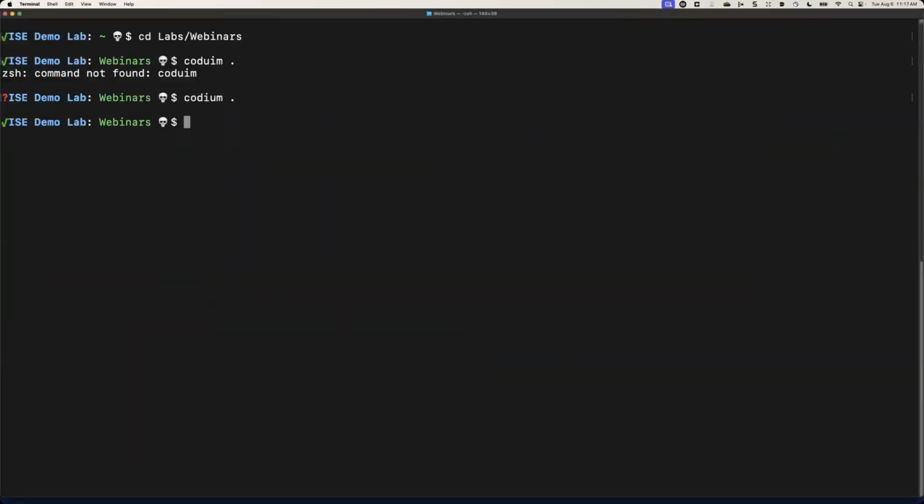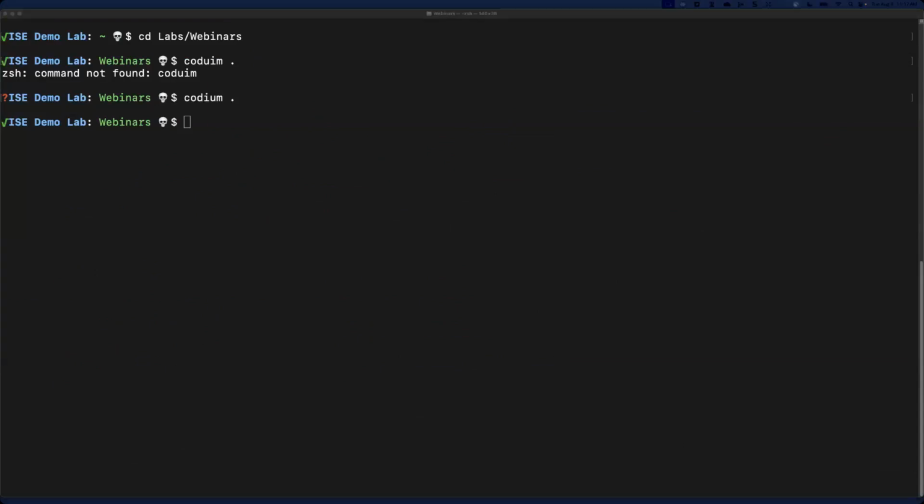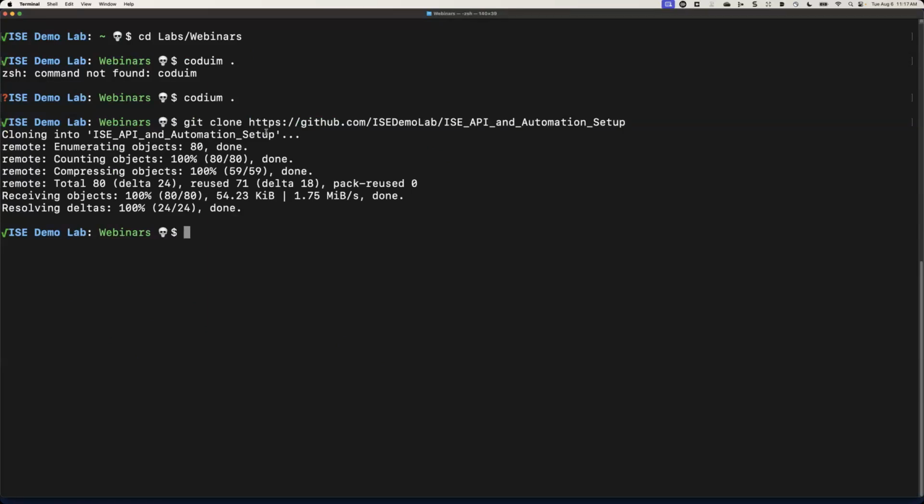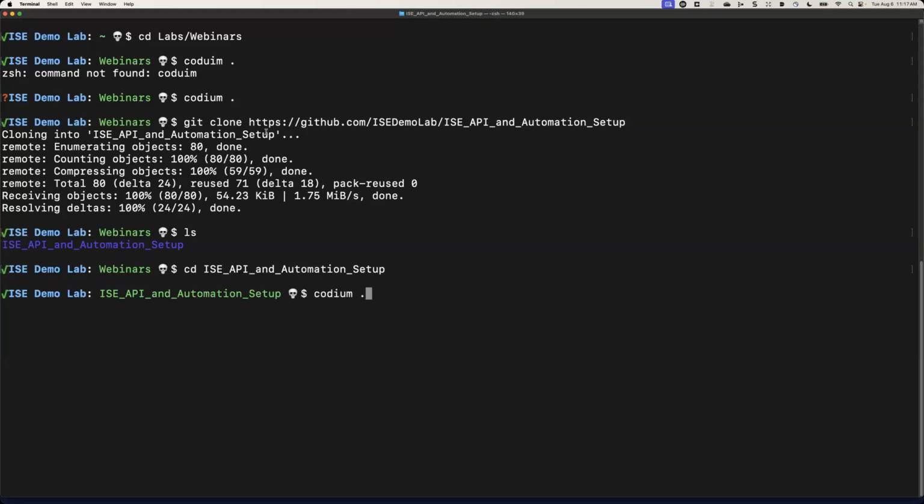The way that you do that is very simple. We're going to go into my GitHub repository. And the way that we access the GitHub repository from our terminal is that we just do a git clone. And this is going to take everything that's in my GitHub for this webinar, and it's going to copy it into this folder. Now that we've done that, you can see that we have a new folder here, and we're going to move into that folder. So now if we go into Codium,